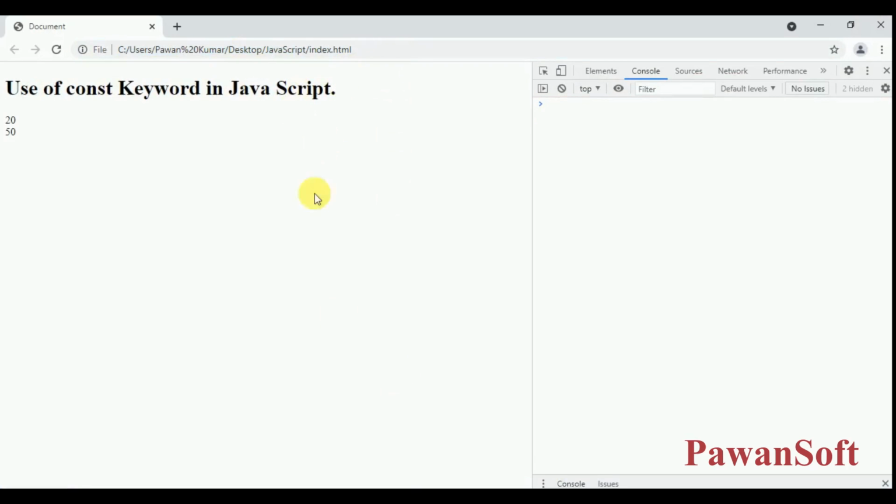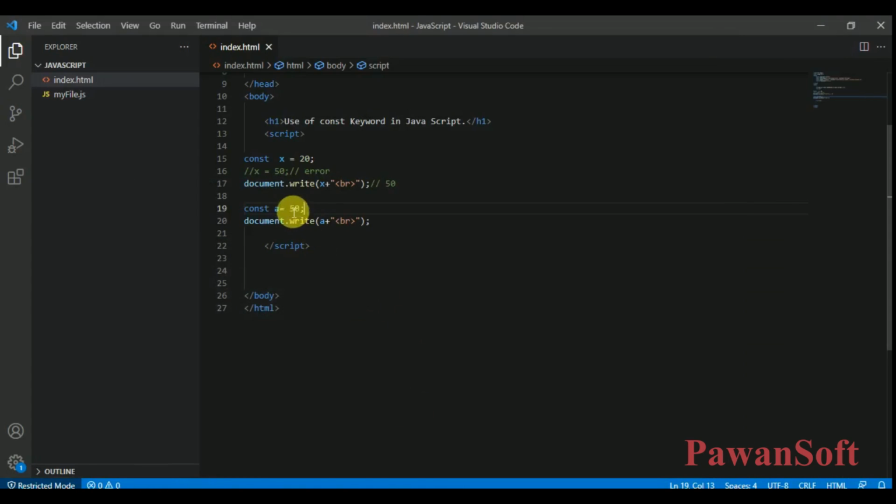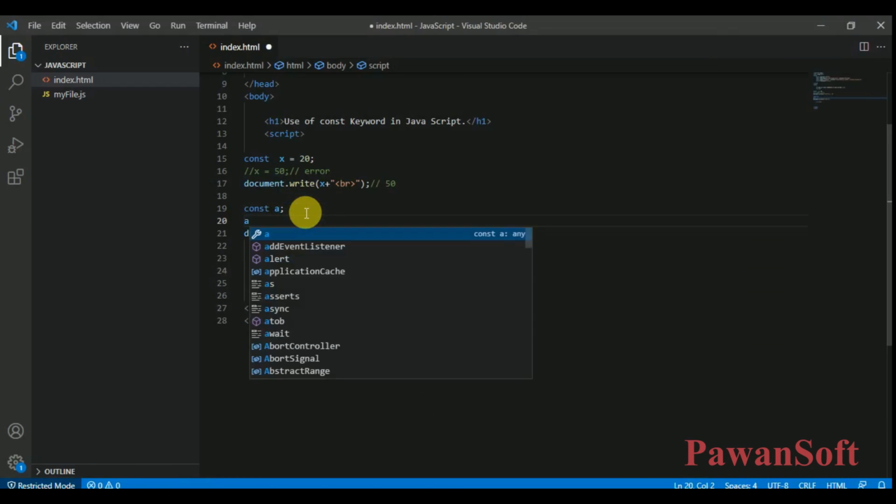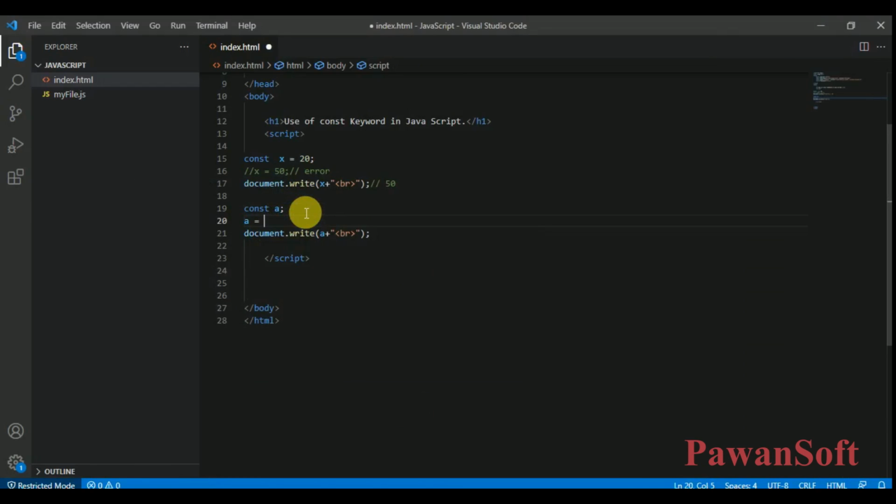Look at 20 and 50, but I'm not going to assign here. I'm going to do the assigning here, a is 60. Now it should print 60, correct? And here it will print 20, correct? But in this line you will get the error.